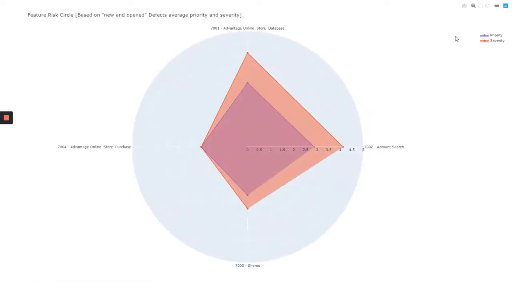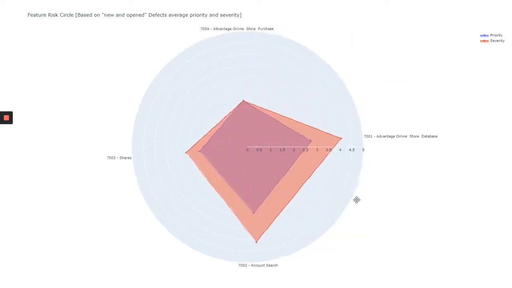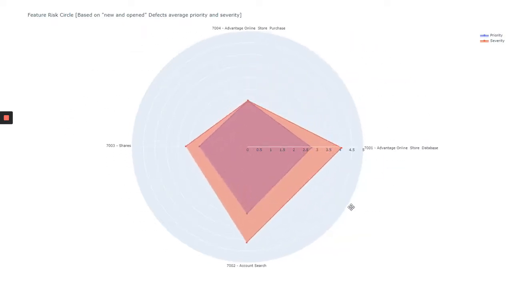And this circle, you can see here, shows me a summary of all my defects by their priority and severity. So I can see that this Advantage Online Store purchase is not very risky for me, so it's okay. But here the account search and also the store database have a higher risk because of the combination